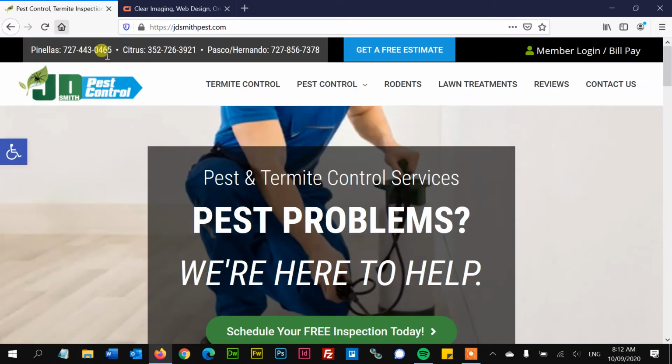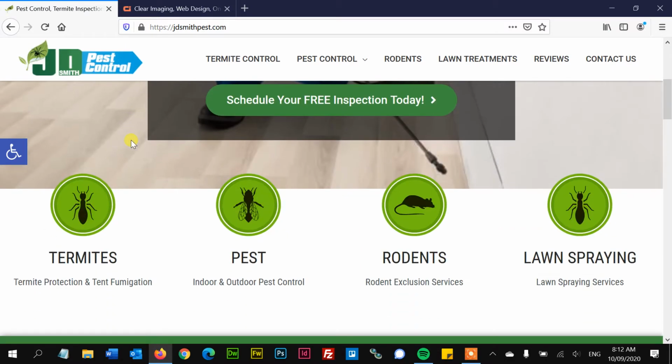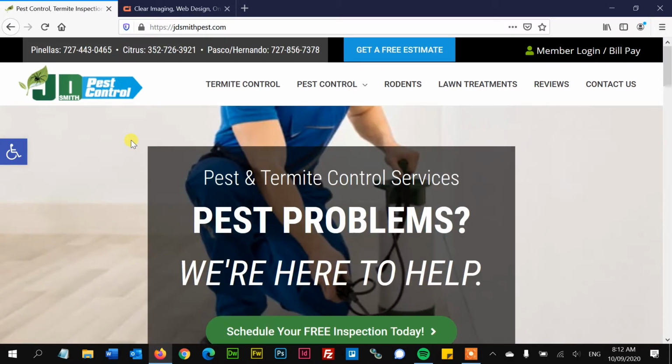Today we're looking at a pest control site. We're going to look at the design. We're going to look at how this performs as a funnel, if it has all the right elements. So let's just begin. First impressions,